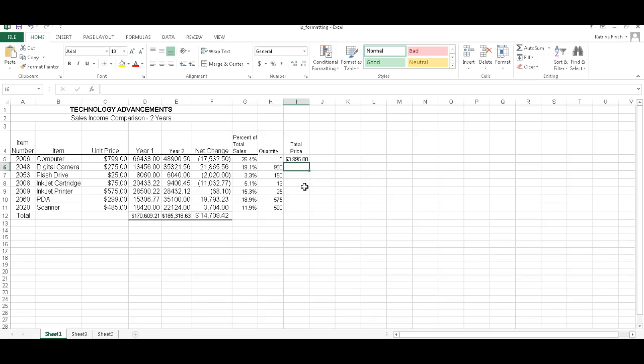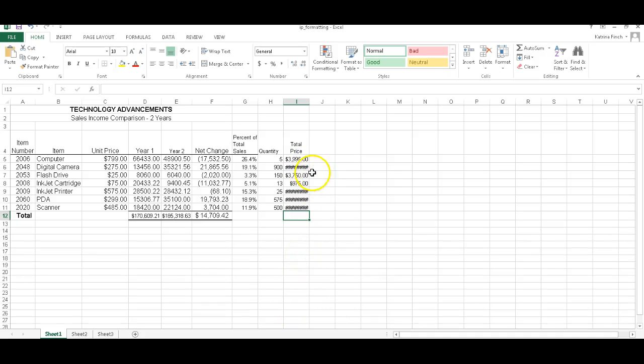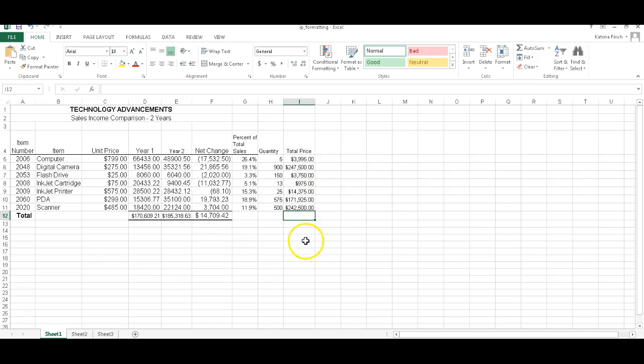Step number 19, copy the formula to the remaining cells in column I. After you copy the formulas, you'll notice that you have hash marks in column I. In order to automatically adjust the column width, place your cursor between column I and column J and double click, and it will open up. Step number 21, I apologize, back it up. Step number 20, enter the row heading average in bold in column A below the word total